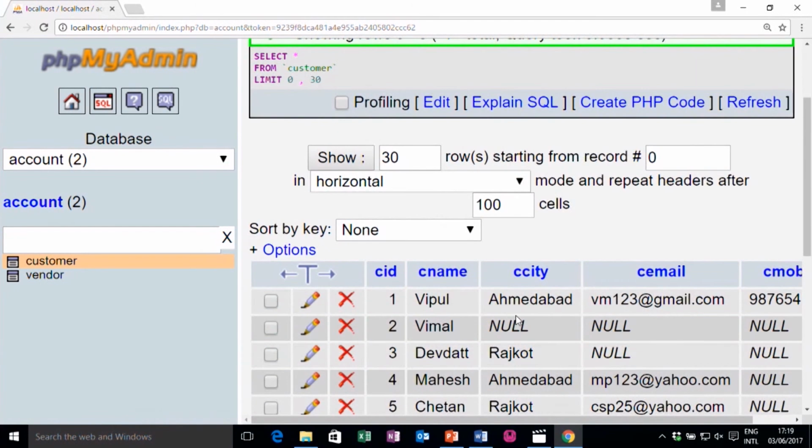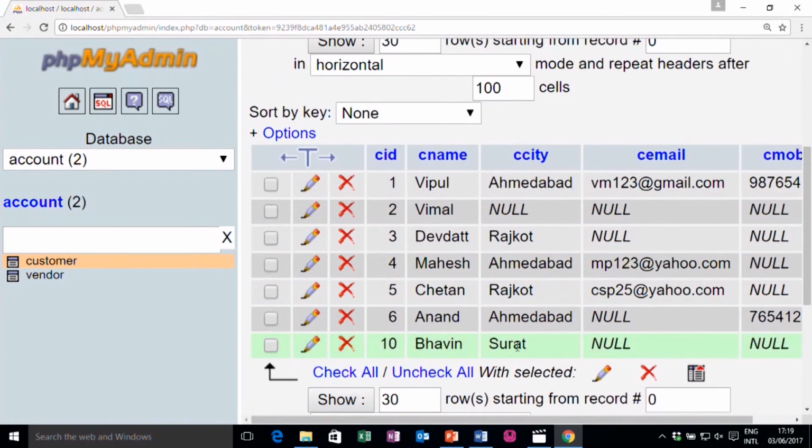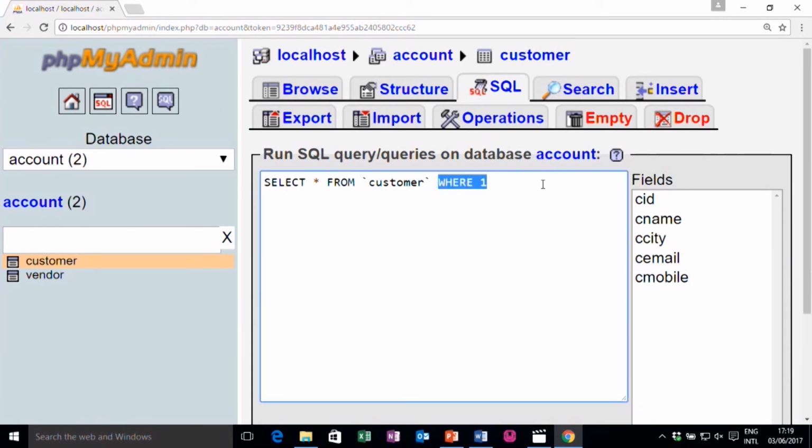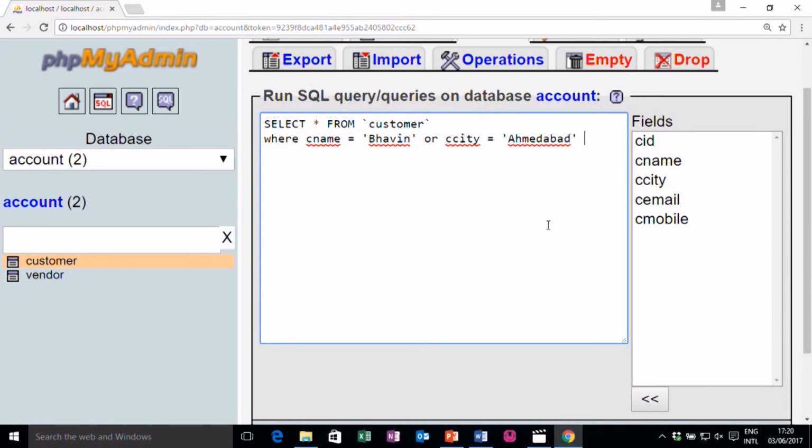The reason is that I have written Bhavin in Surat, but if I write OR for that query, then it will work. If I write select star from customer where customer name is Bhavin or customer city is Ahmedabad, that means it shows me records where either customer name is Bhavin or customer city is Ahmedabad.